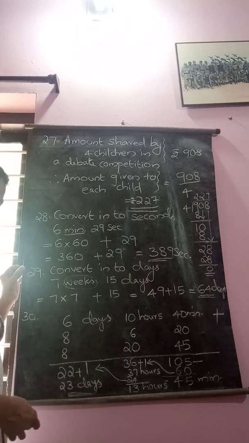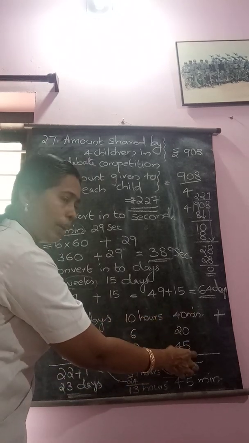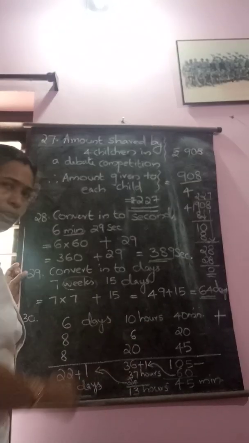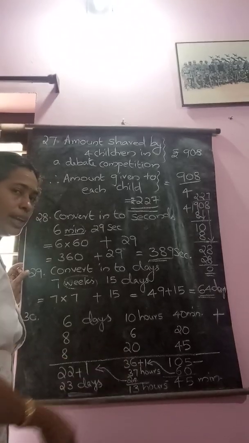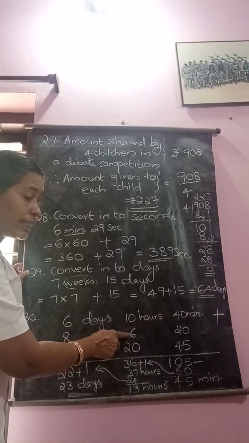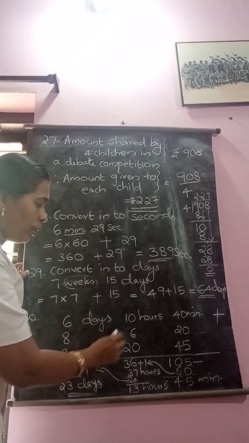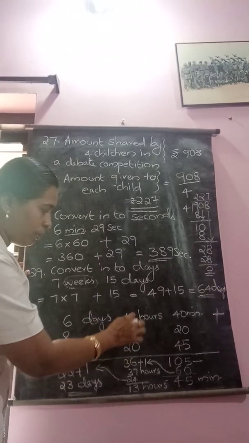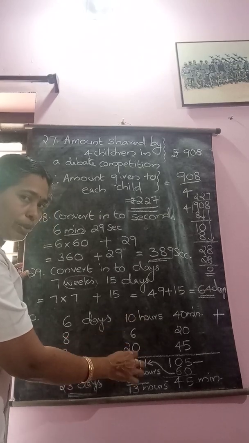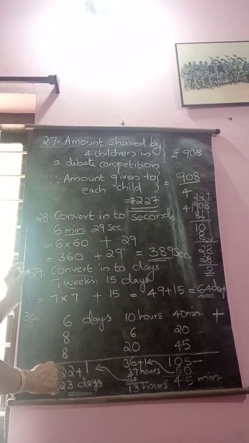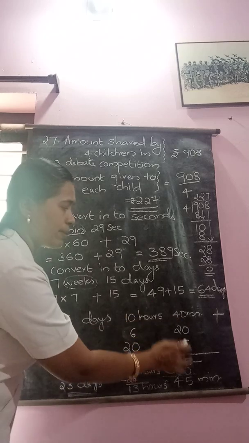When we are adding these 3, keep all the minutes in one column, all the hours in one column. See the hours column when we are putting it. There are only 6 hours given. These two are 2 digits. So where do we want to put 6? Don't write here. That is wrong. You have to follow below the 0 itself. Okay. Then here days. Then we can add. Let us begin our addition.